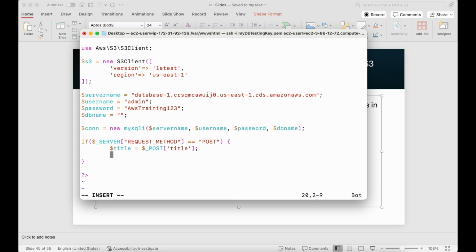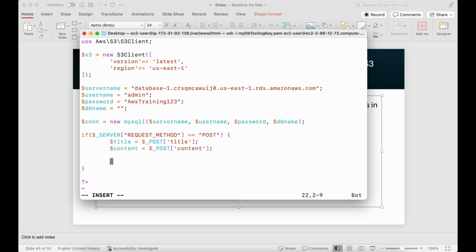Next I need them to send some content of the blog, content equal to $_POST content, that will also be in the post data. Next I want to get that image, so I'm going to say $file, the image to upload,